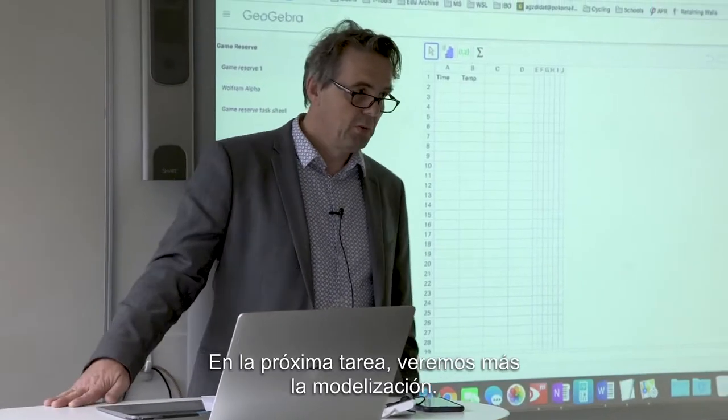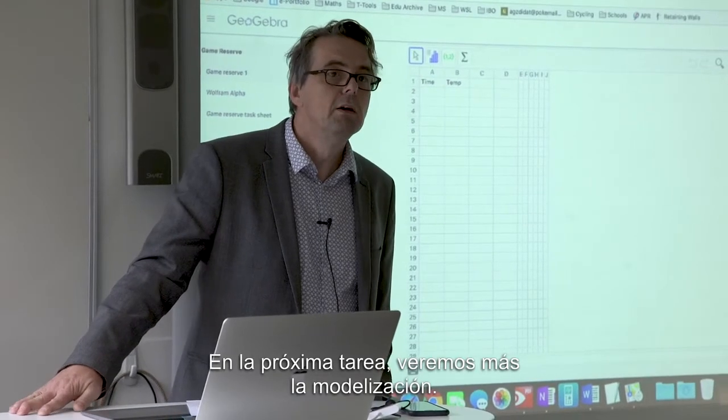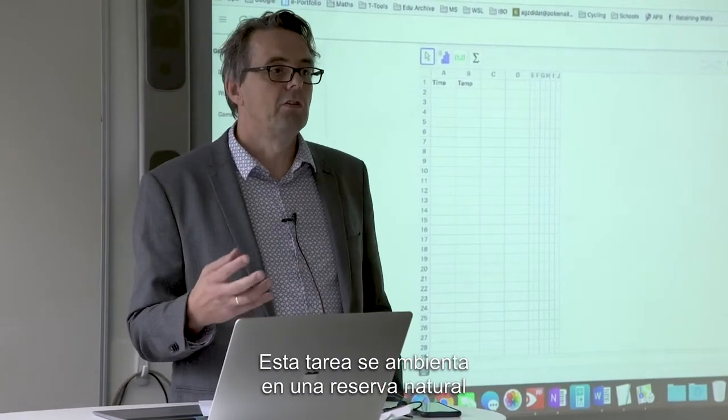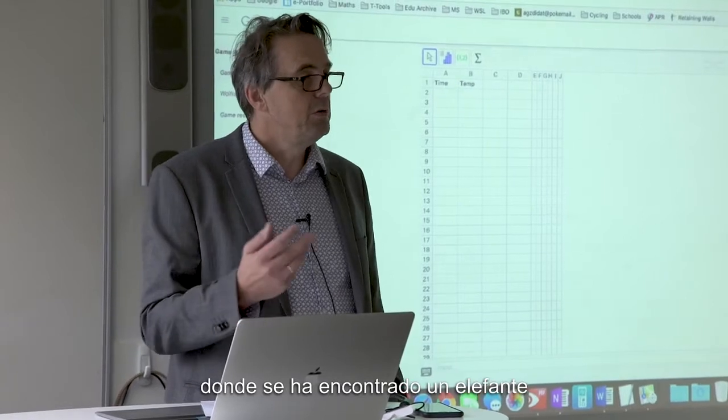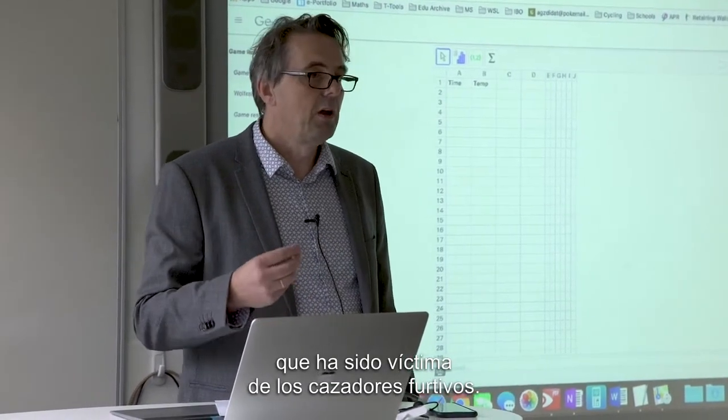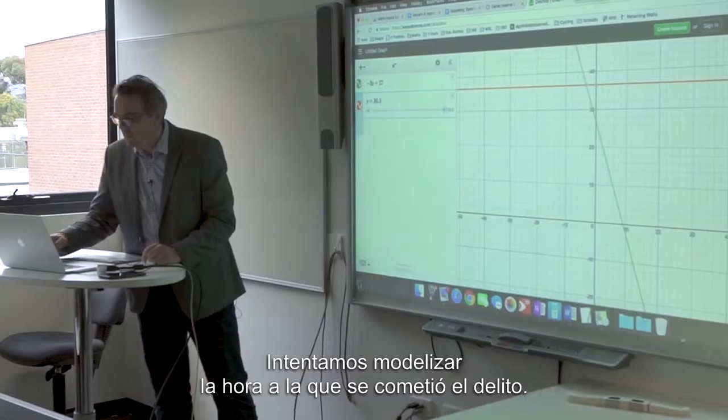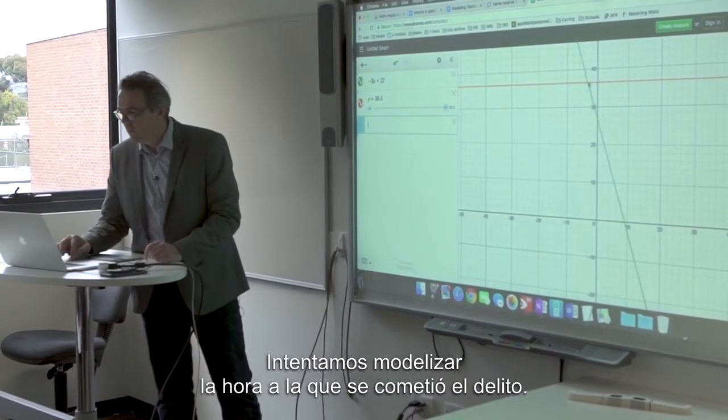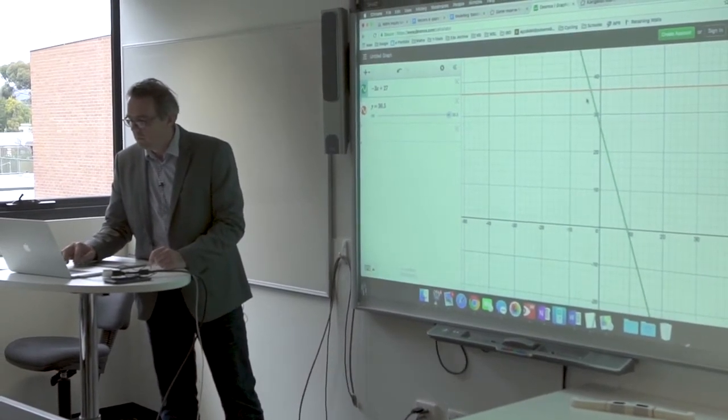So in the next task, we'll look further into modeling. This task is set in the context of a game reserve where an elephant has been found, and that elephant has been the victim of poachers. We're trying to model our way to the time that the crime was committed. That point,